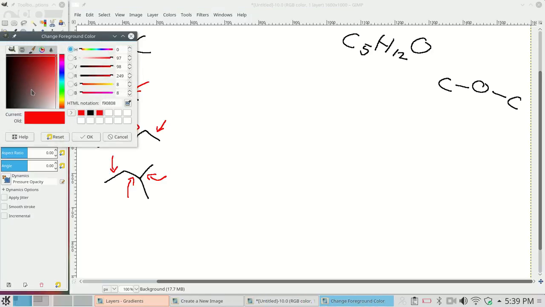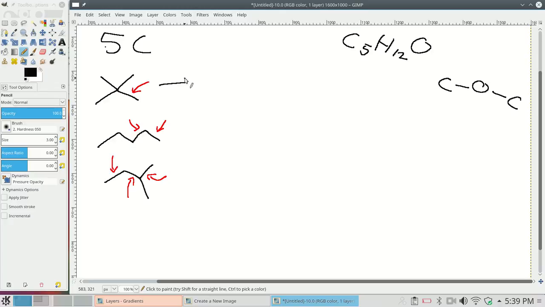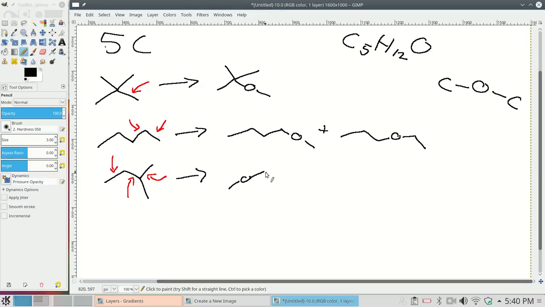So now let us draw all the different structures that we can get from that. So from the first structure, like I said, there is only one single structure that you can get, and it looks like this. From the second structure, you can generate this plus this. And from the last structure, you can generate this plus this plus this. So those are all the different structures that you can get when you have to put an ether functional group